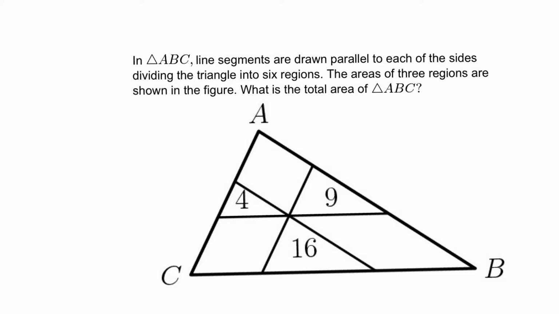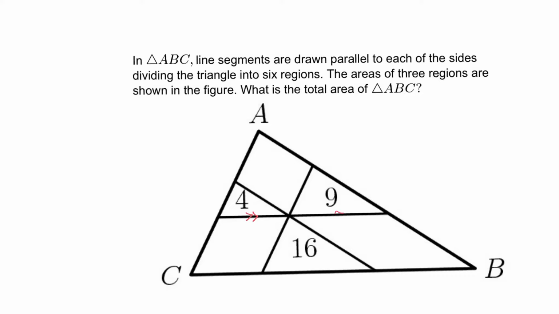So are we talking about similar triangles here? Because we also have parallel lines. So let us try to understand whether we have any similar triangles here or not. Let us go ahead and draw the parallel lines, whatever we have been told. So now for BC, the parallel line is this line.